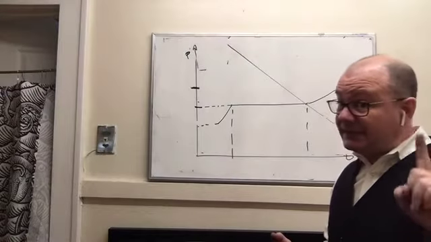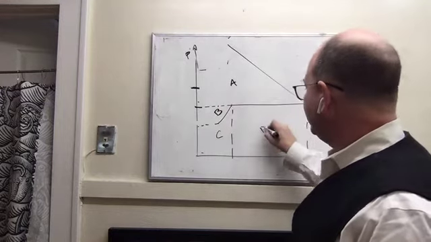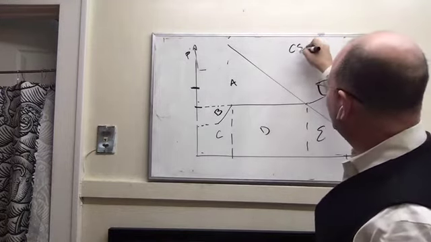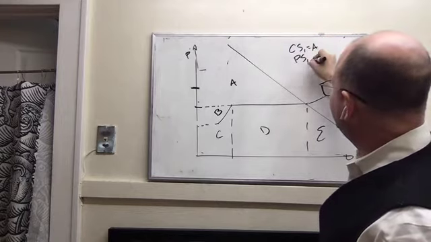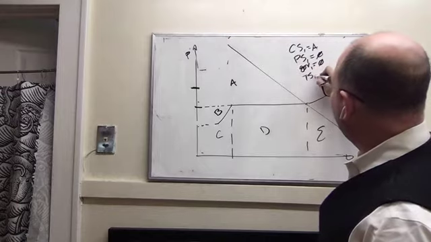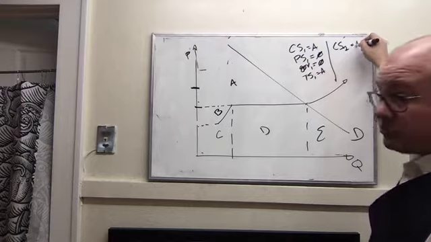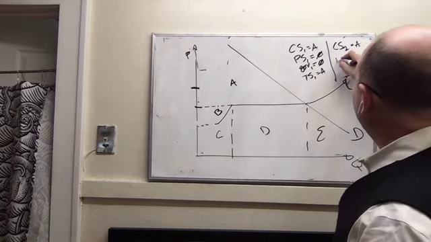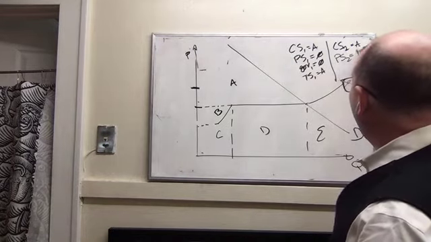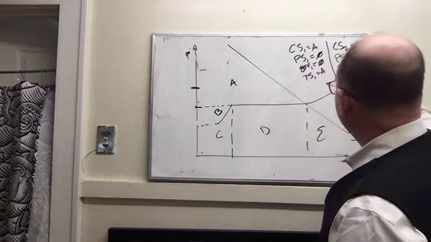So firms innovating doesn't necessarily mean that the price falls. Is it good that they innovated? Well, consumer surplus before was A, producer surplus before was 0, government before was 0, and total surplus before was A. Now, consumer surplus is still A, so no change in consumer surplus. Producer surplus 2 is B, just the firm that's innovated. Every other firm is making 0 economic profit. Government is 0, and total surplus is A and B.